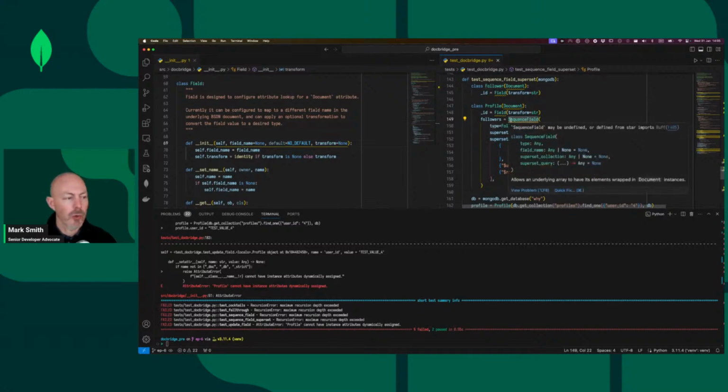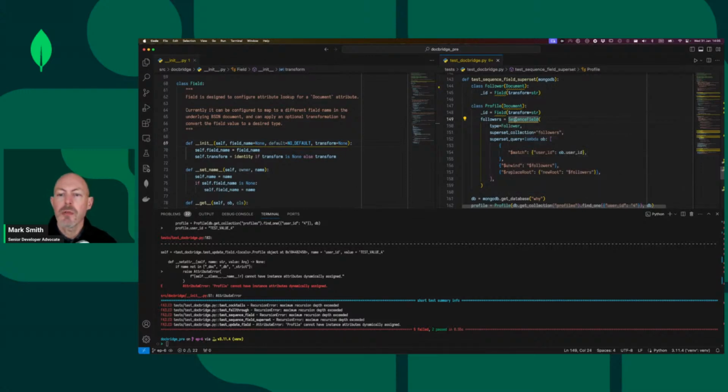sometimes you don't want to store a whole array of data in your document because it might get too big. In general, the advice is you should never store more than 200 items in an array. And so you might have a separate collection to actually store the extended data. So if you're looking at a blog and you might have the first 10 comments, but if people scroll down, then you might request the next 10 comments and the next 10 comments, and those can be stored in another collection for efficiency's sake. So I've added to sequence field this ability to say, well, the rest of the sequence